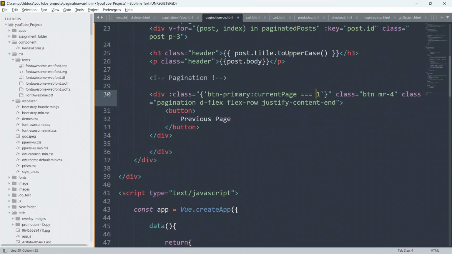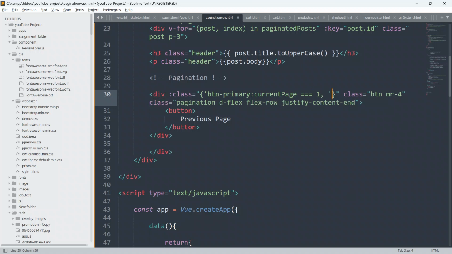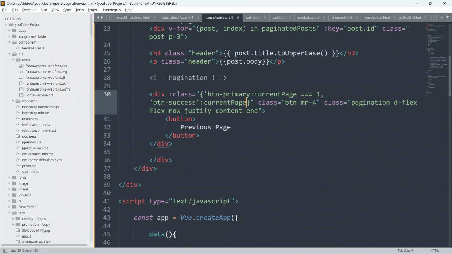And put comma, and I will again put single inverted comma, and again I will say here btn success, if current page is greater than 1.